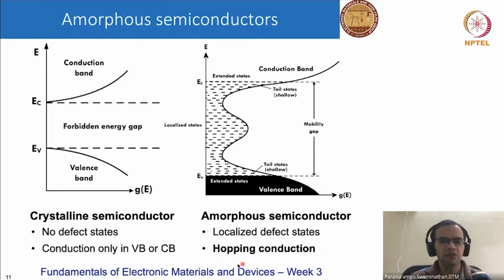So with this, from weeks 1 to 3, we have looked at some of the basics of semiconductors. We started off with the free electron gas model, talked about intrinsic semiconductors, and then moved on to extrinsic semiconductors. In the next few weeks, we will look at forming devices by combining different semiconductors and also looking at junctions of semiconductors with metals.